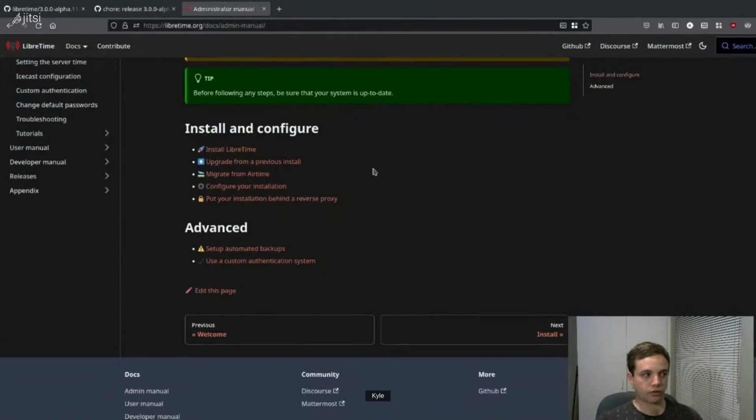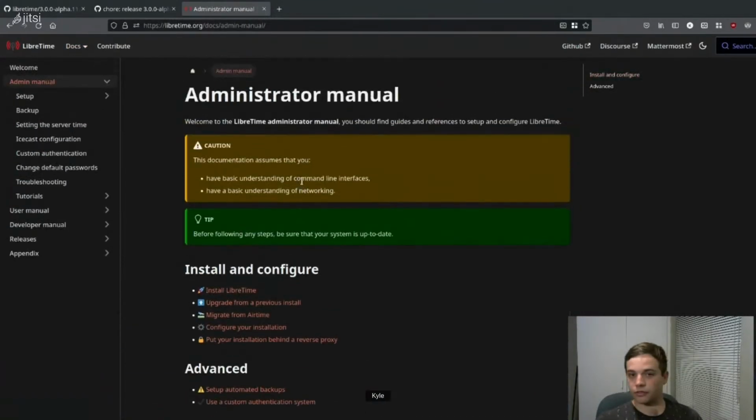We do have documentation about a lot of things, and Zach and Jula have spent a lot of time getting things looking nice and working well. So big thanks to them. This new docs layout is thanks to them. The administrator manual lays out how to install and how to manage a LibreTime install,